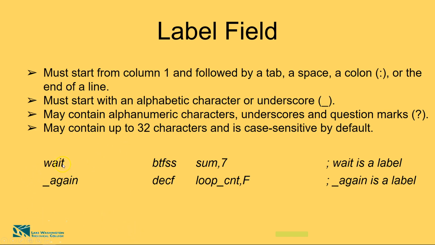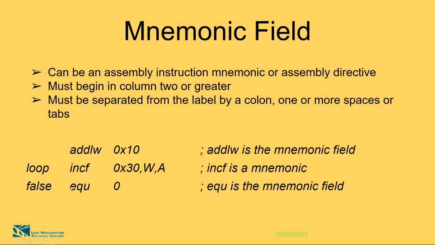So in this particular example, this weight underscore again is your label. Now let's move on to the next, which is the mnemonic field. This field can either be an assembly instruction mnemonic or an assembly directive, and it must be